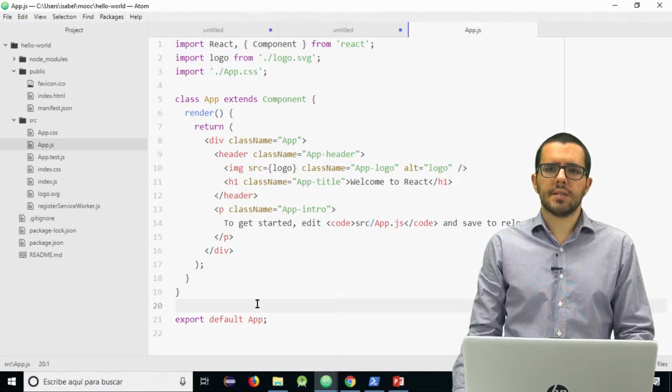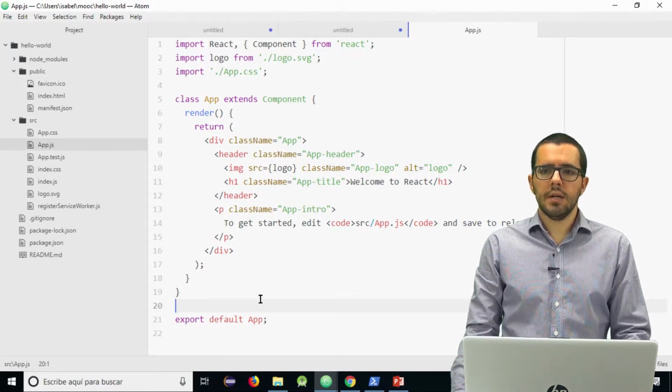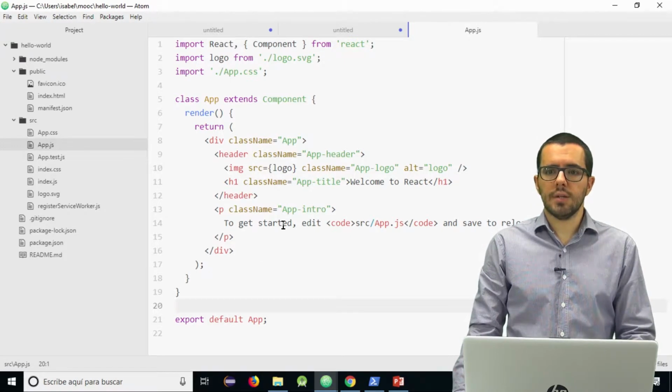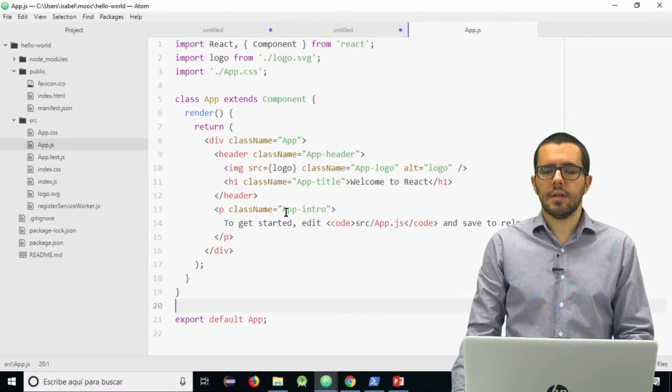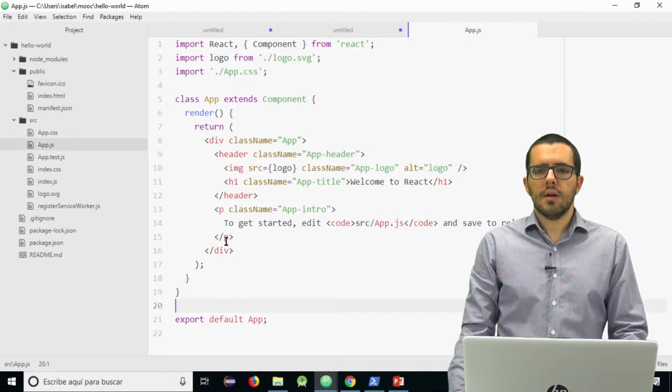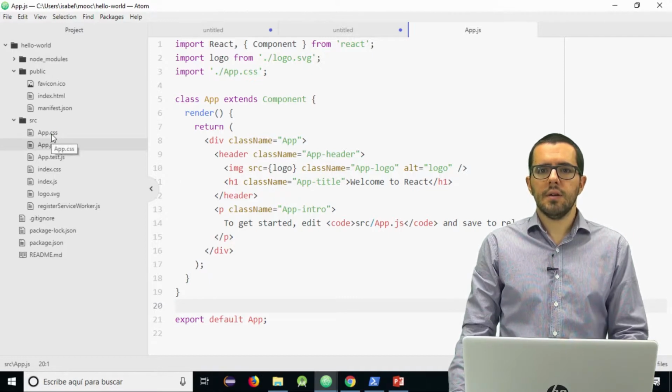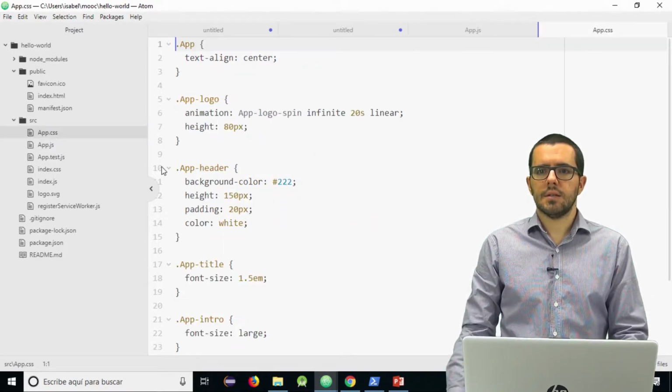To create the basic structure for our chronometer, let's start with this file, app.js. It has the default content that Create React App did for us. Okay, so welcome to React, to get started, edit the file. Okay, perfect. We also have here the CSS.